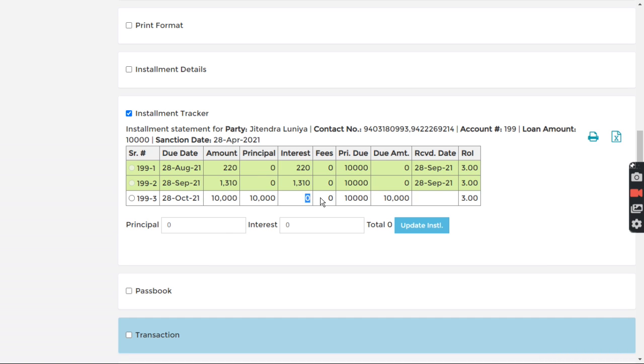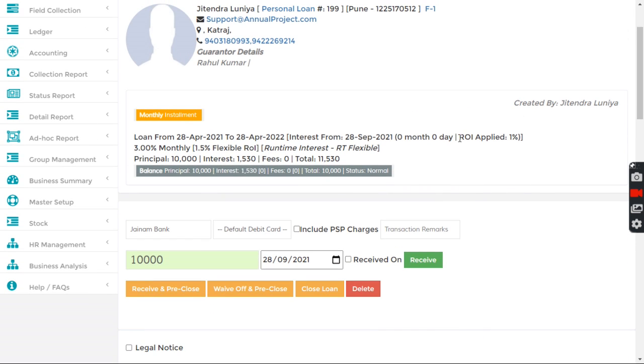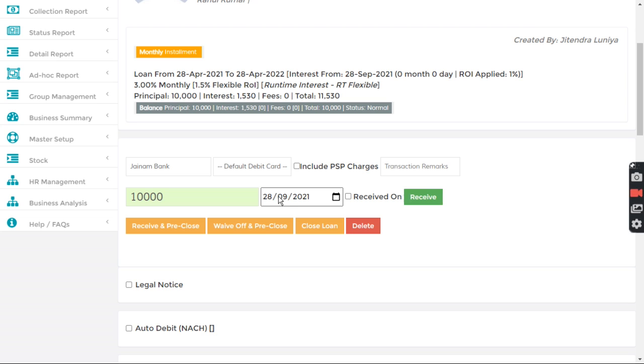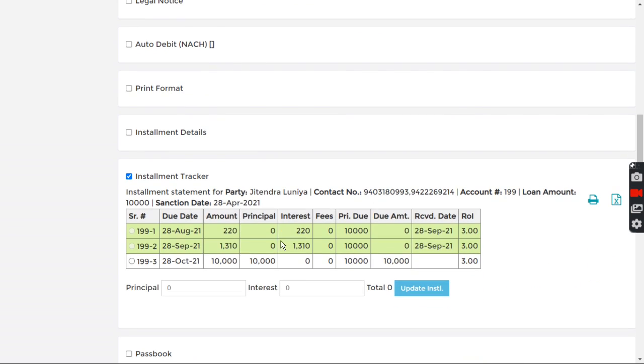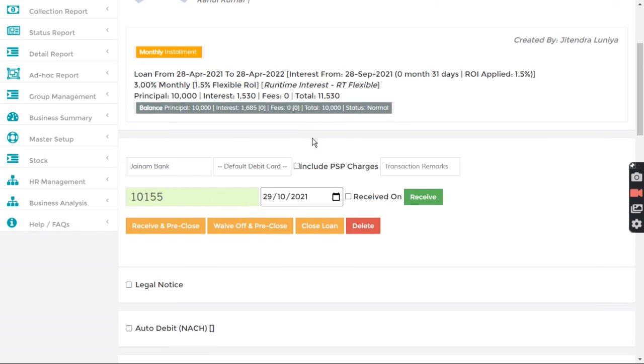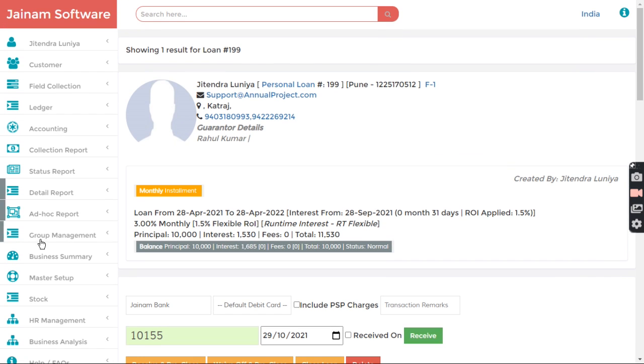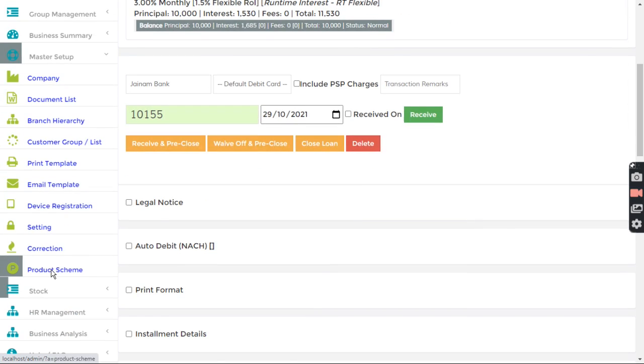Now the rate of interest is not carried forward here. So if you see the rate of interest 1% applied, if we go one jump till 31st, it will be 1% again, and if we go 31 days again 1.5%. All right, so this is how it will get calculated, and now whatever amount is received will stick, so it's working fine now. All right, let's try to see a demo with locking period.